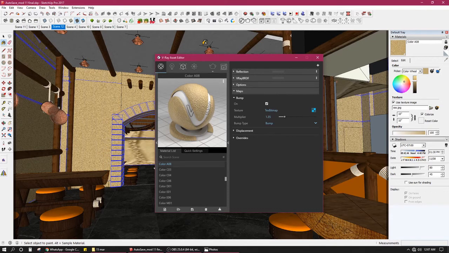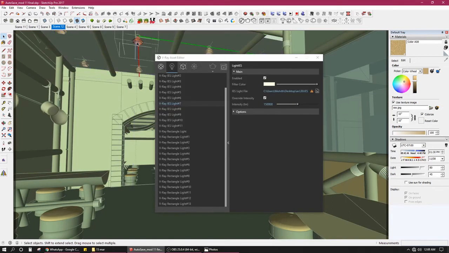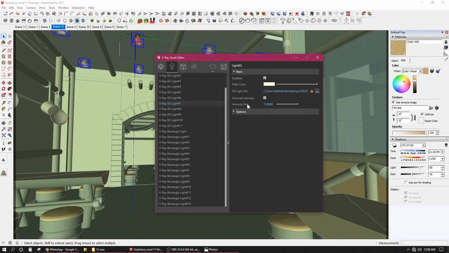There are three different sets of units that the software offers. They are lumens, they are watts, and there's one more unit. I don't remember exactly. I'll have to check that. But yes, there are three units that the software offers, and we are usually dealing with the third unit, which is, let me just check this. So let's dive inside this, get one back. Okay, I'm dealing with lumens. Intensity will be in lumens. You can see how big the value is. It's 1.5 lakhs, the value that I have kept.